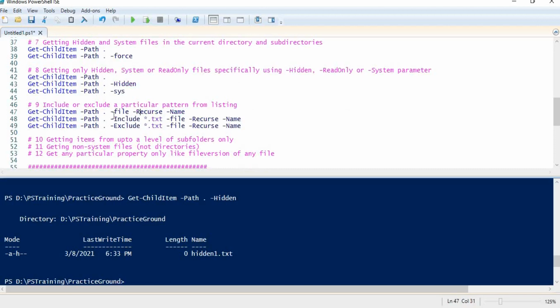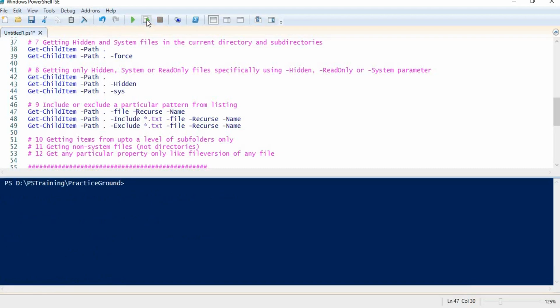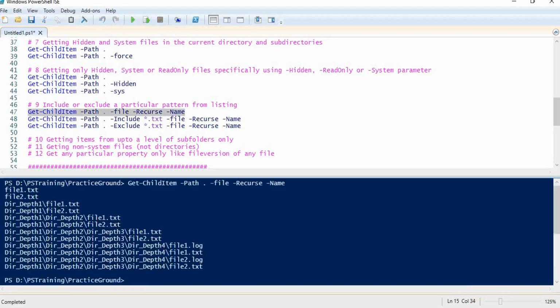I'm trying to list all the files in my current directory and subdirectories by using the Recurse parameter, and I'm listing only names by using the Name parameter, right? Let me clear my screen before I run that. If I run it, you can see I'm getting a list of all the files: log files, text files and every kind of file.